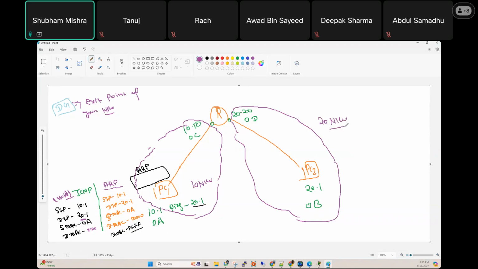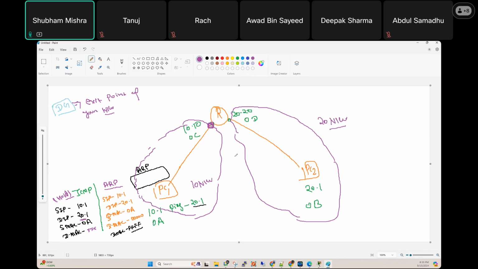Agree? Agree. It means when PC number 1 wants to exit from its network, what is the exit point, or what is the door? This is the exit point. When PC number 1 wants to exit from the 10 network and, let's suppose, wants to go to the 20 network,